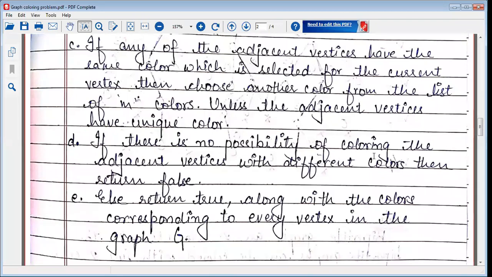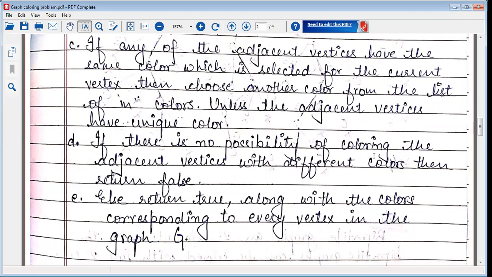I'll just go through it one more time. You identify the source vertex and pick a particular color for it. From the second vertex onwards, take another color and make sure the adjacent vertices do not have the same color. If they have the same color, go for the next possible color. You repeat the process until adjacent vertices are colored with different colors.